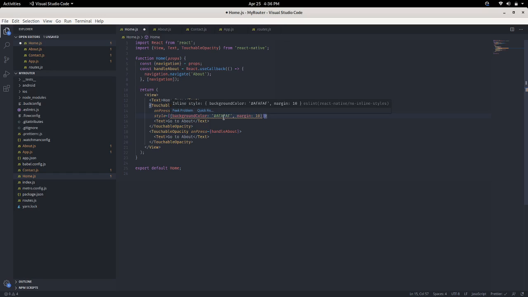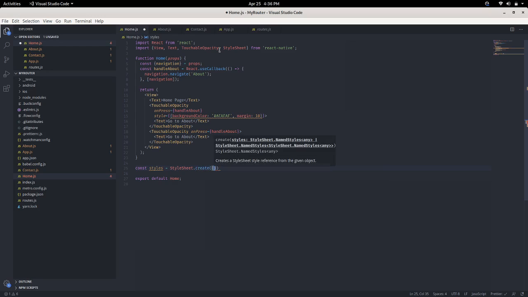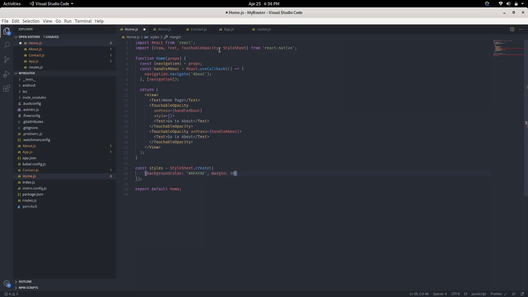It is showing a lint error to not use inline styles, so we will use StyleSheet. We define a styles variable, StyleSheet.create, define the button style, and use styles.button.